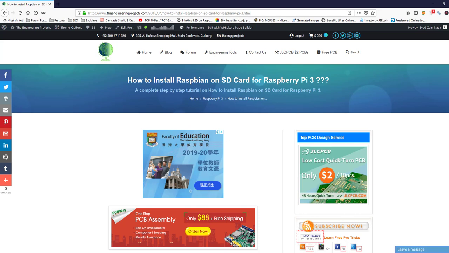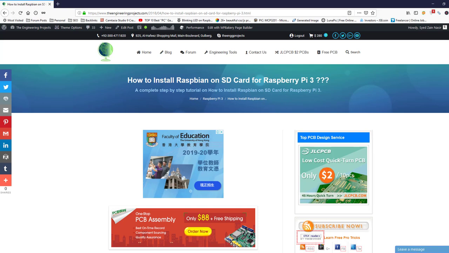In today's tutorial, we are gonna have a look at how to install Raspbian on SD card for Raspberry Pi 3. Raspberry Pi is like a mini computer and the SD card acts as a hard drive for it. As we all know, we have to install some operating system like Windows or Ubuntu etc. on our computers. Similarly, we have to install some operating system on our mini computer Raspberry Pi 3. And this operating system of Raspberry Pi 3 is called Raspbian. So let's get started with how to install Raspbian on SD card for Raspberry Pi 3.